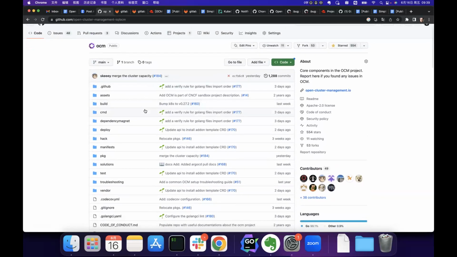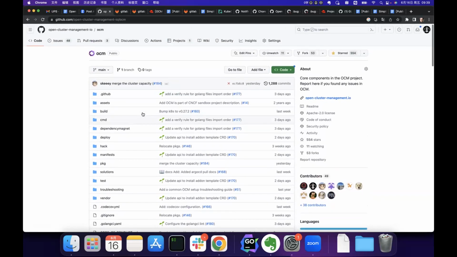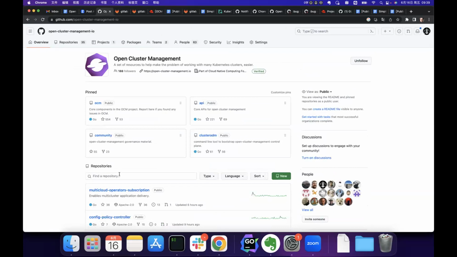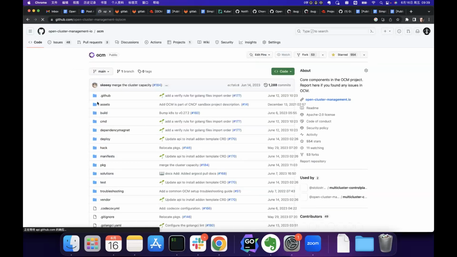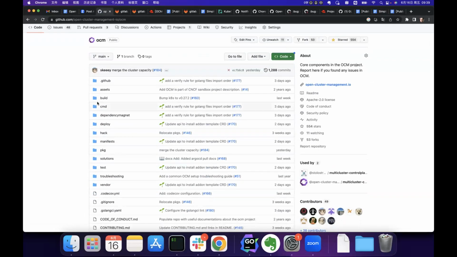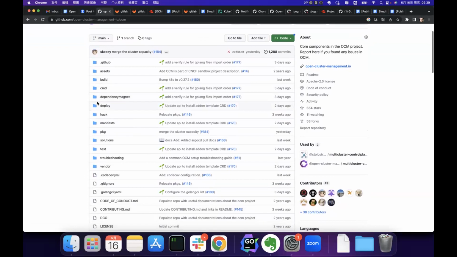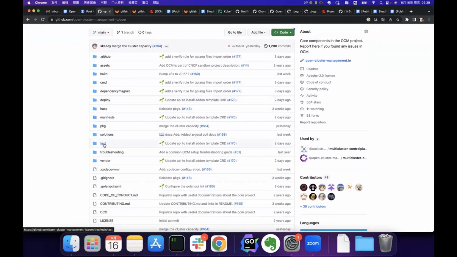No, I think it's almost completed. There's one missing part: we will also move some code from the add-on framework to this repo, which only involves the add-on manager part. That part has not been completed, but for all the registration, placement work and the operators, all of this has been finished. I think the function is not impacted, mainly because we have moved all the E2E tasks into this repo, and